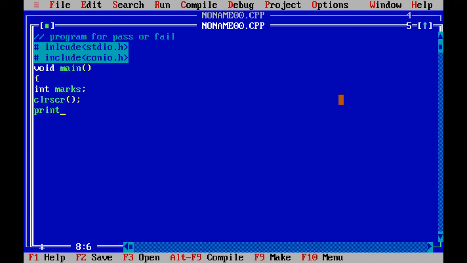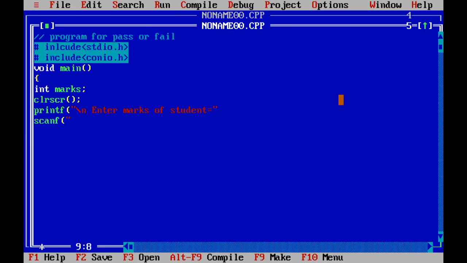So printf, before the scanf I am using the printf with the escape sequence and this message: enter marks of student. Then scanf.